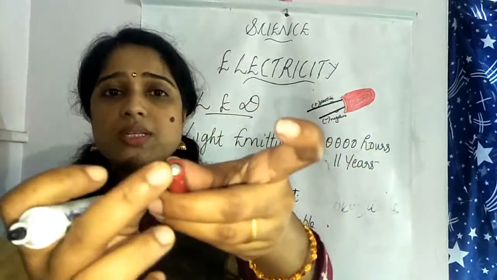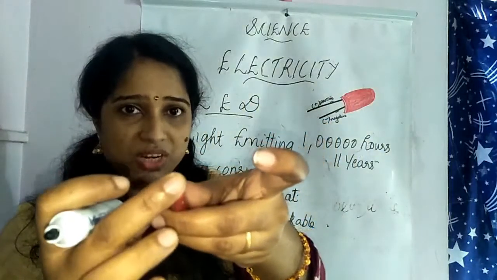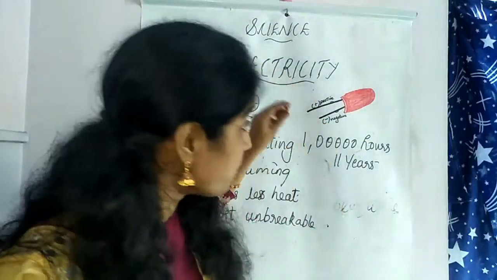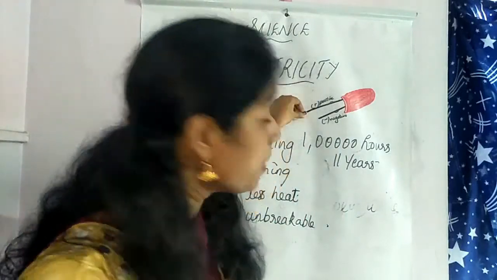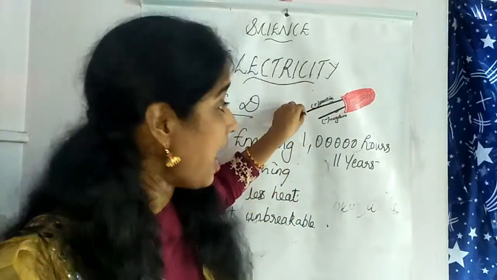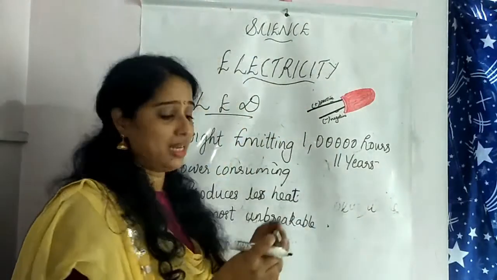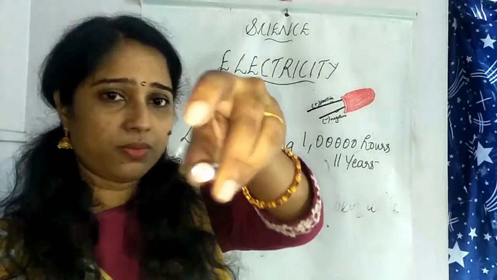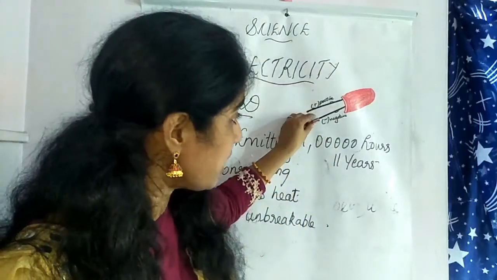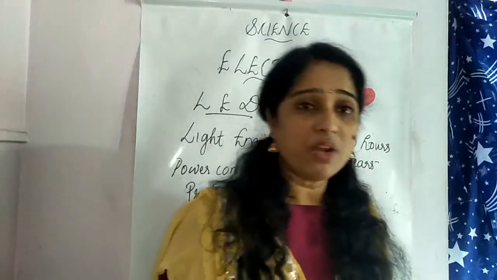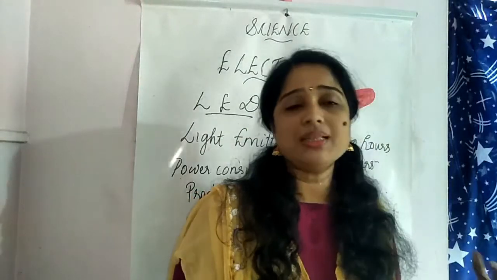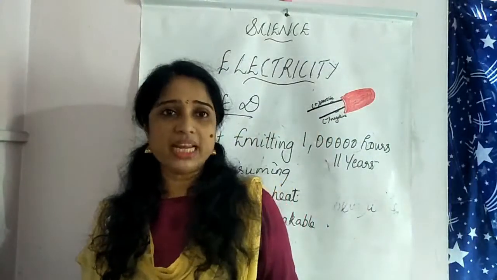This is the positive, isn't it? The cap structure is there, it's the positive. So the positive terminal is attached to the positive part of the cell, and the negative terminal is attached to the negative part. That is very important while we make the electric circuit, while using this LED bulb to operate any electrical equipment